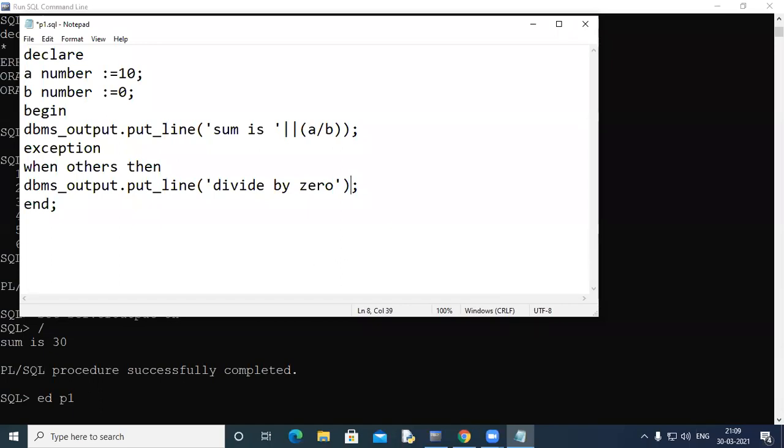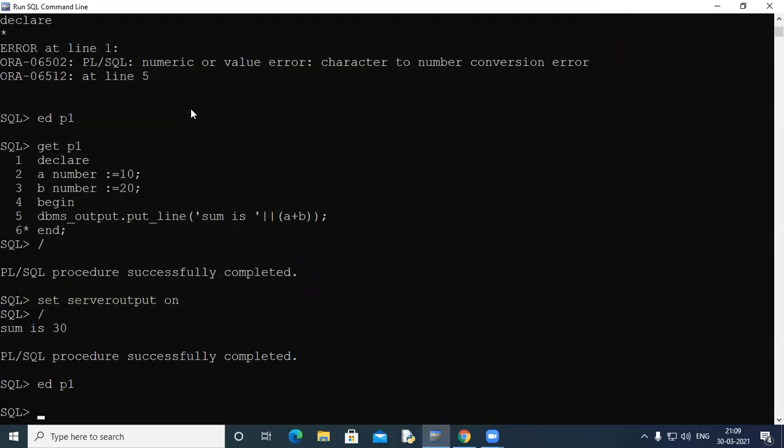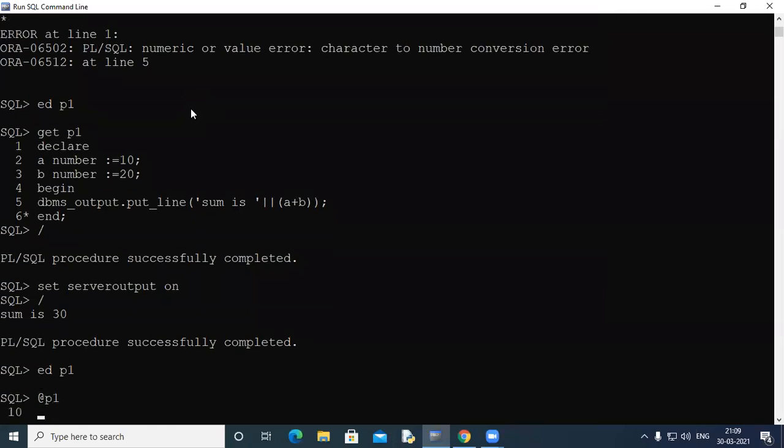I have not picked an exact exception. Let's suppose I don't know what the error is, so I've just written others. When I write when others, it will pick up any error that has occurred in your PLSQL block. Let's see this working. Another way of running would be like this.